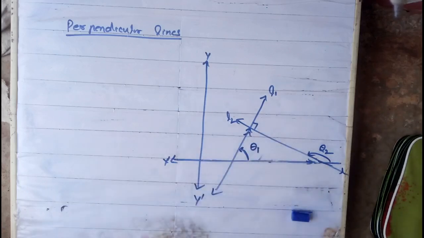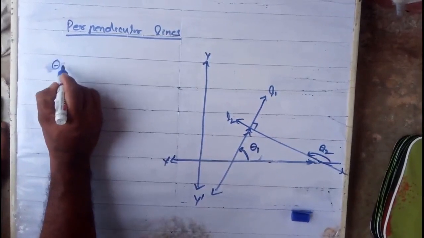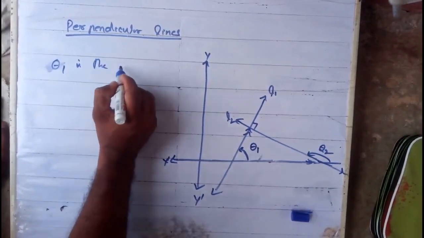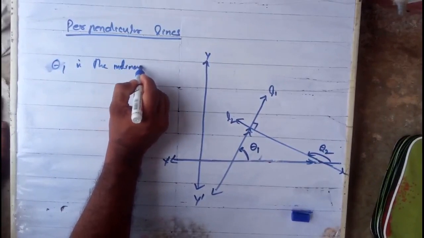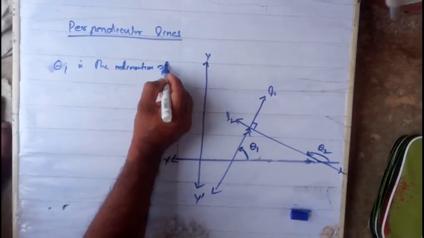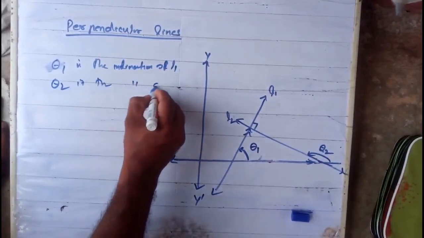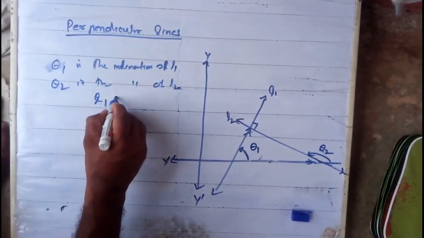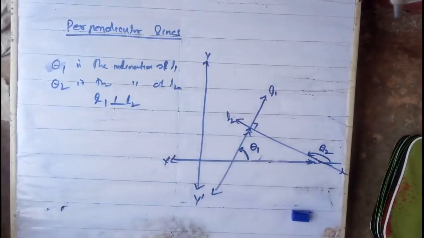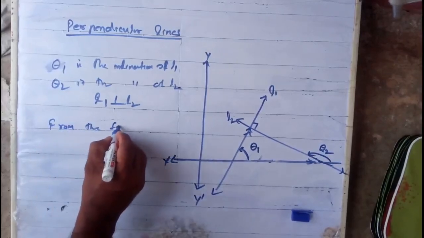perpendicular to each other. Here, theta 1 is the inclination of L1, theta 2 is the inclination of L2. L1 is perpendicular to L2. Clear? From the figure you can see